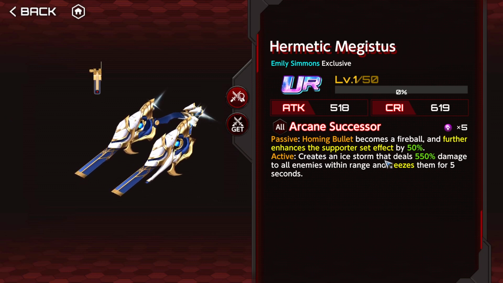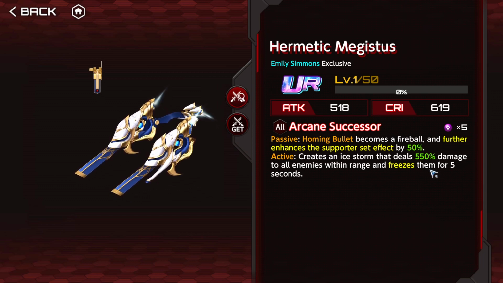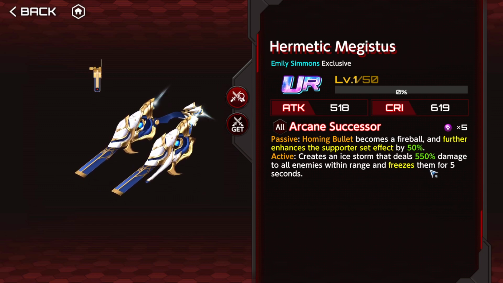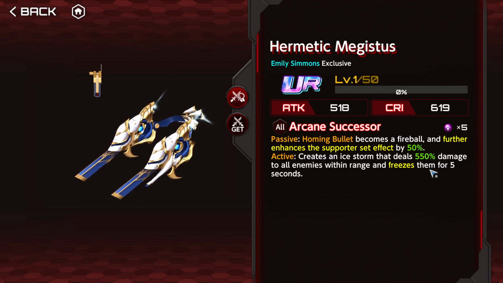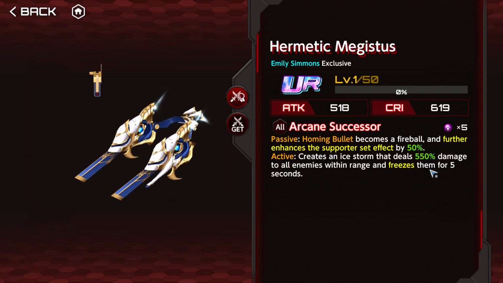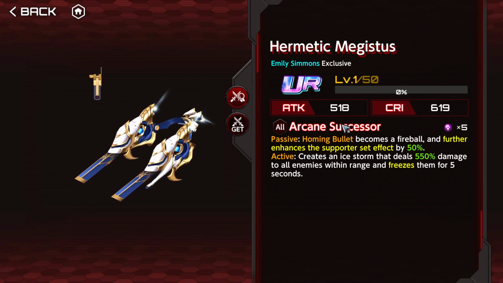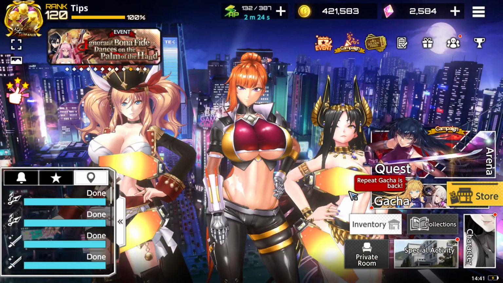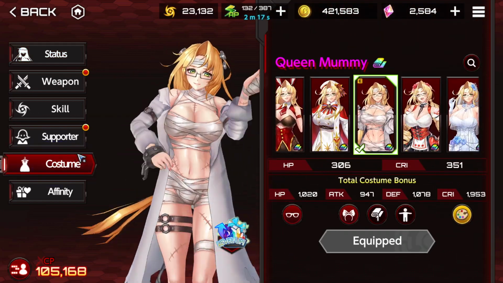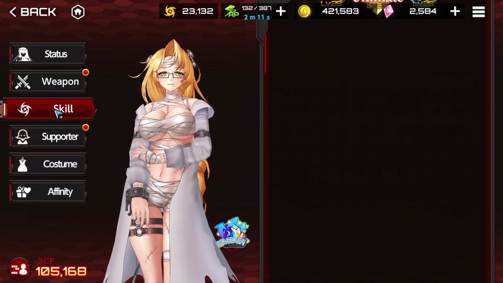The active also creates an ice storm that deals damage to all enemies within range and freezes them for 5 seconds. Freeze, as I always say, is one of the strongest debuffs. You get insane control on the enemy because they cannot move until you hit them, and you can just destroy them. The bad thing about this is that it's for Emily. If you use Emily, you usually are going to use Zero System, which is going to auto attack. And if Emily auto attacks, you're going to hit the enemy with a basic attack instead of a skill, not taking advantage of